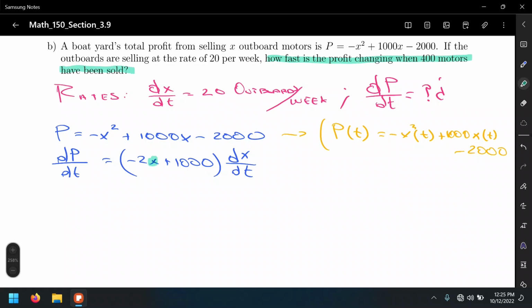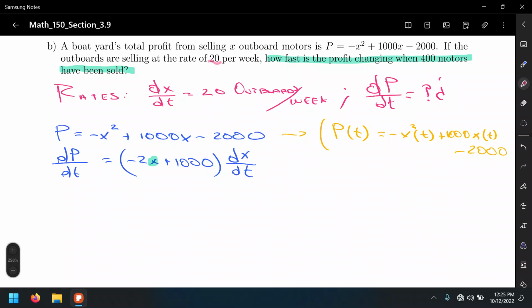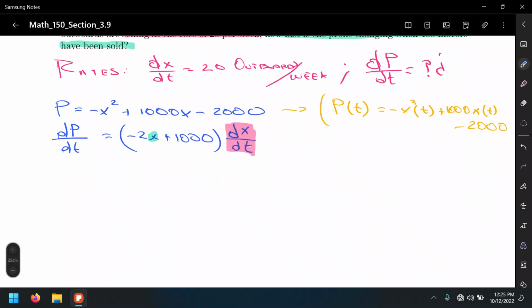That's x equals 400, and we also know the rate at which they're selling, 20 per week, which is this dx/dt. Okay, so dP/dt will be then